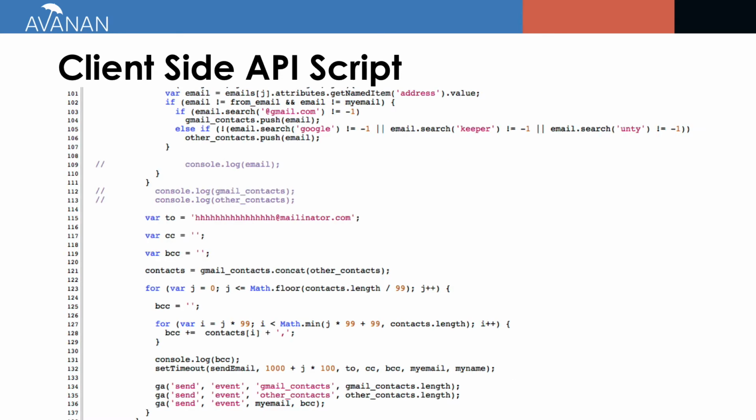And when they authorized it, the hacker didn't really care about tokens so much, but rather it ran a client-side script that will extract all of the user's contracts and send it to a Mailinator account. After that, it immediately deleted the integration, hence it's almost untraceable. And if the admin goes back in later, he doesn't even see that the app was authorized. So it's a very quick attack, it's a very stealthy attack, and Avanan is here to alert you whenever that happens.